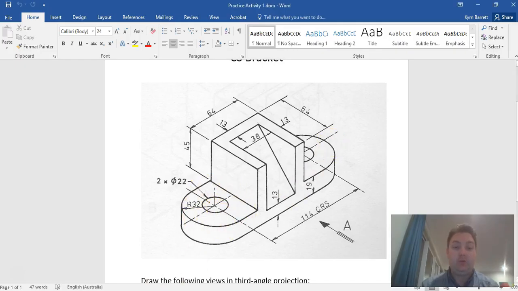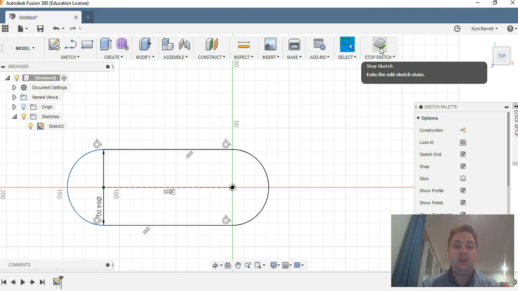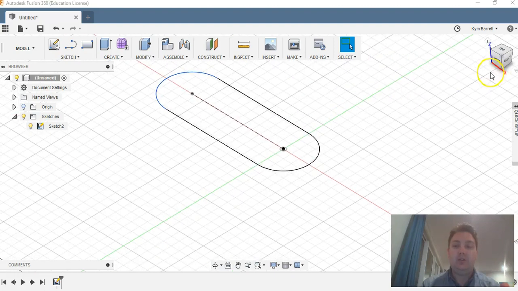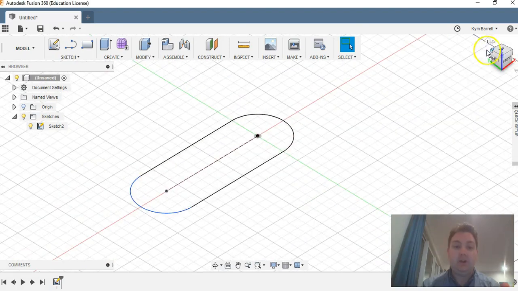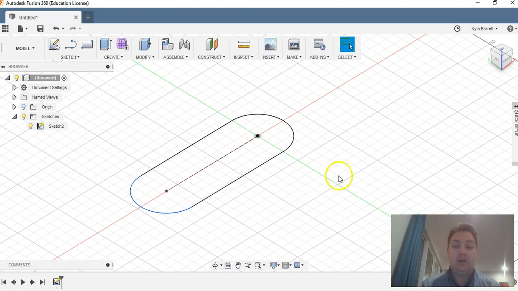You can see that profile looks very, very similar. And I'm very happy with that. Now, when I'm finished drawing my sketch, I have to stop my sketch. And if I just hit stop sketch here, it'll orientate itself back out into the 3D space. I'll just bring that around there so it looks a little bit more like my drawing, just for ease of